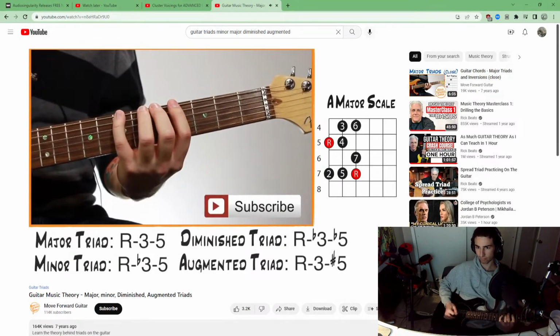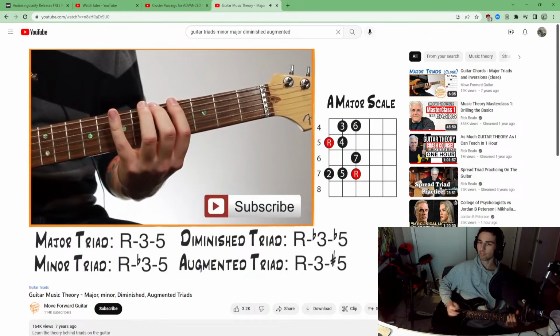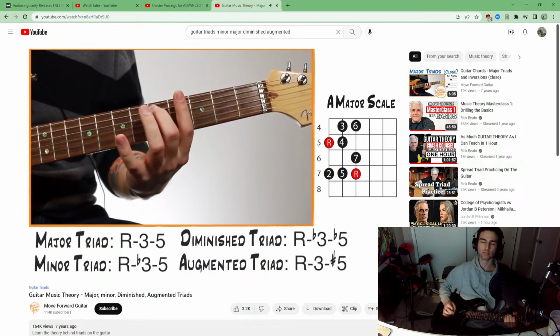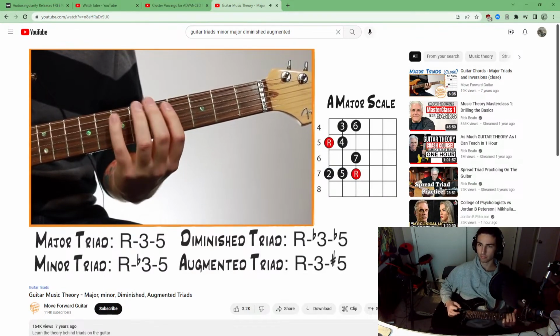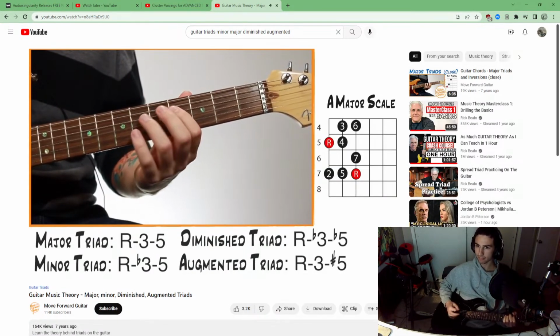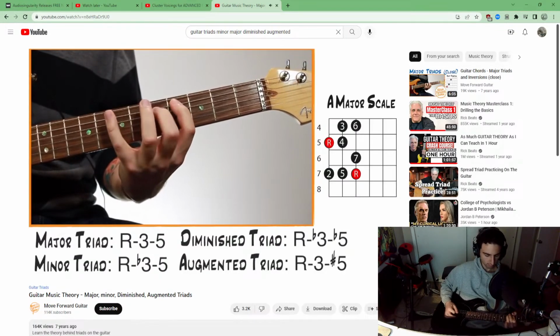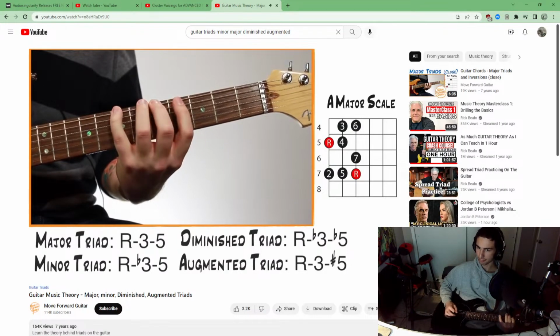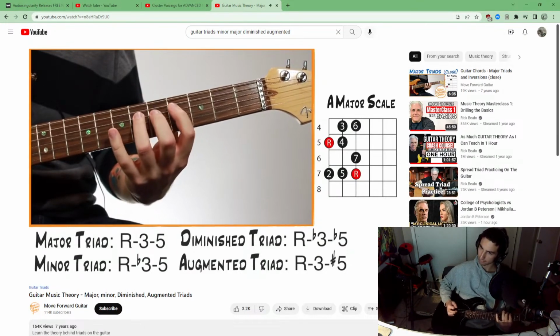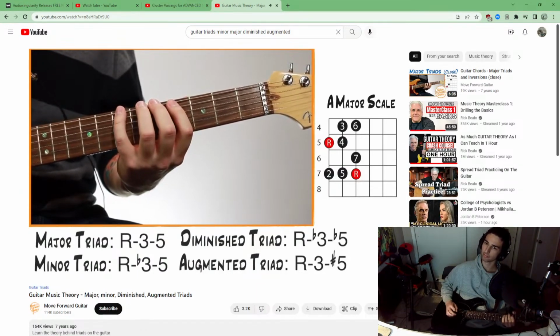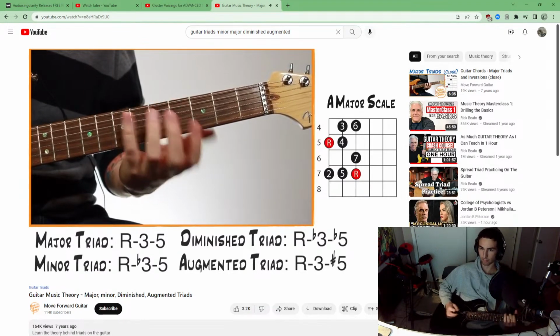So the intervals in a major scale are root, major second, and so on, which makes a major scale. So to build a major triad, like I said, is a root, major third, perfect fifth. So right here,